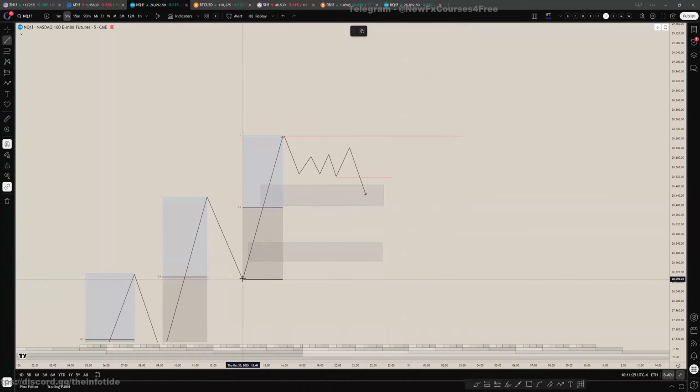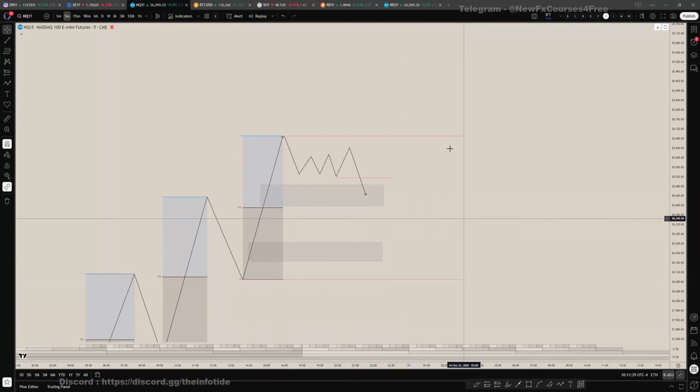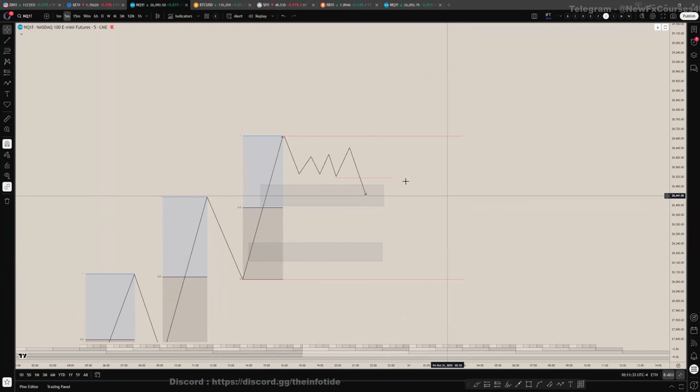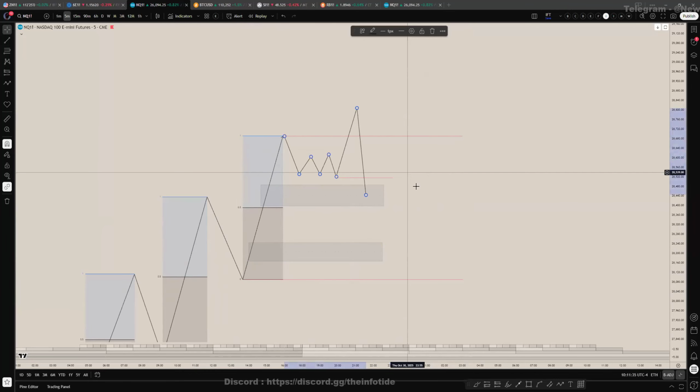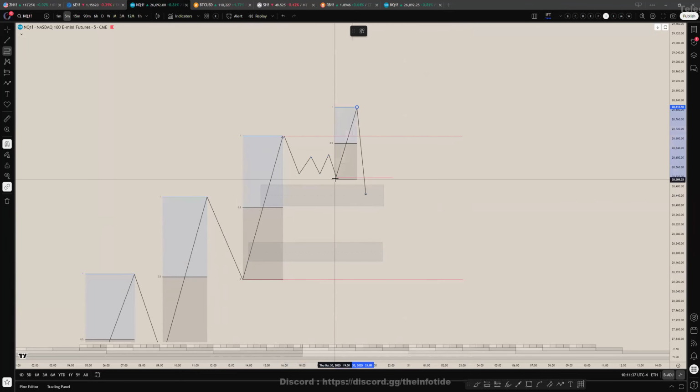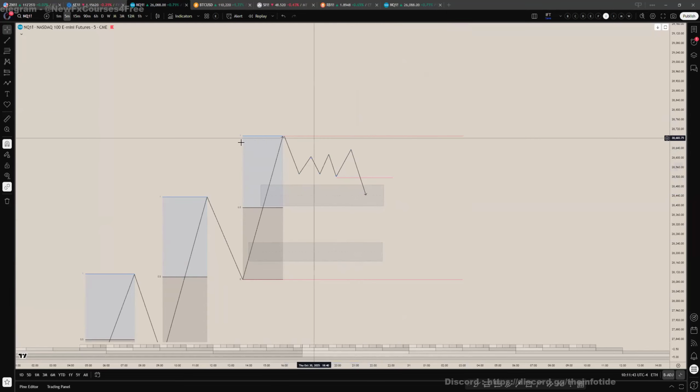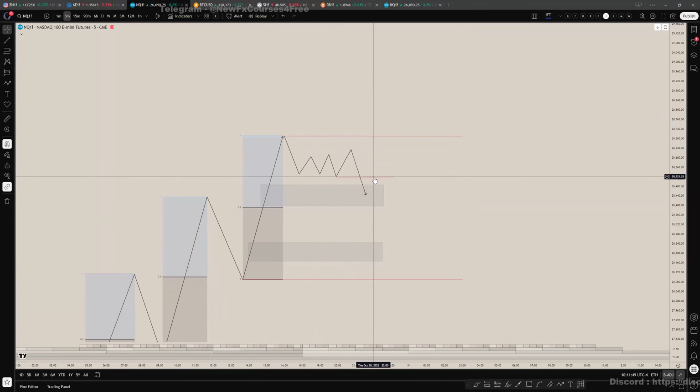So until the range high or the range low is closed beyond, you are still remaining within this framework right here. So it'd be a different story if price closed above here, then you'd have a new range, right? Because this low right here is what created that break of structure. But as long as price is contained within this range, these little breaks of structure or these little market structure shifts,